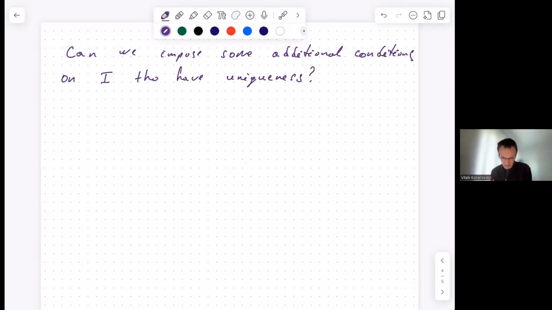And you will see that this additional condition or additional assumption is the lower semi-continuity. We will show that there exists a unique lower semi-continuous function associated with the large deviation principle for a given family of random variables. And we need to write the definition. What does it mean that the function is lower semi-continuous?